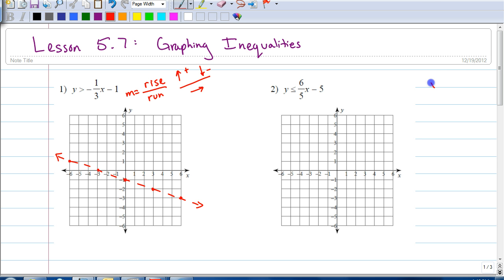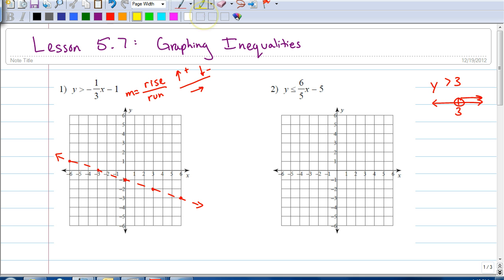Just like when I graphed a second ago and we talked about if I had y is greater than 3, in this case I would have an open circle at 3 and we'd be including the points to the right of it. So we would say that point 3 is not actually included, but all the points to the right of it are. Well, this is saying the points on the line are not included,